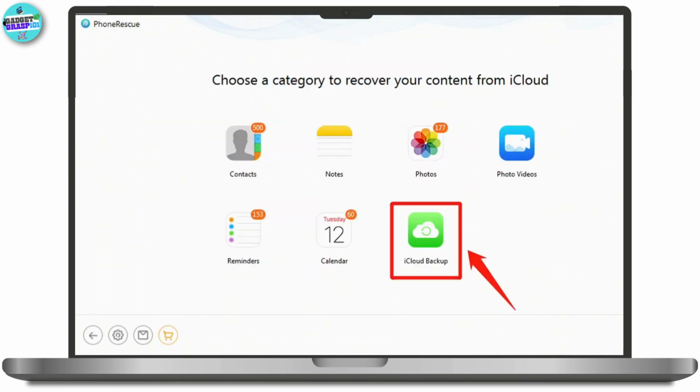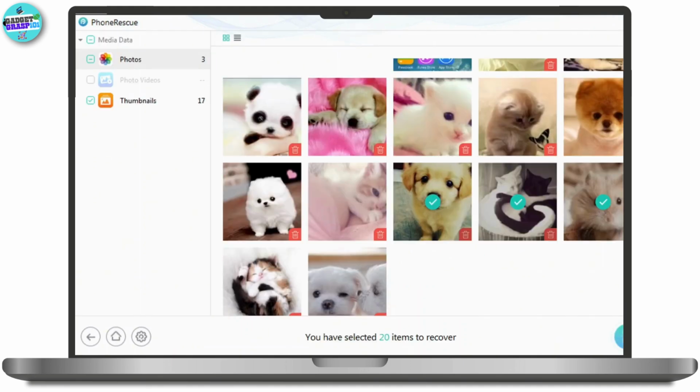Now, log into your iCloud account and choose the iCloud backup. You can see iCloud backup option available there. You select iCloud backup to recover files deleted from iCloud. Now, preview deleted files and recover them from iCloud. Preview files before recovering, look for it, browse through it, and recover the selected items from iCloud to your iPhone